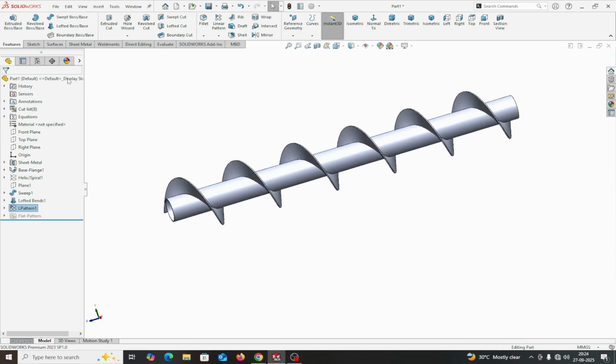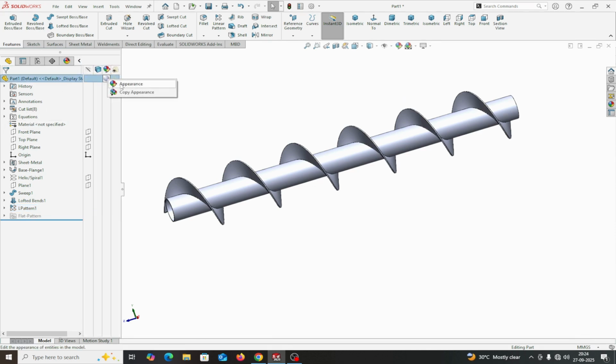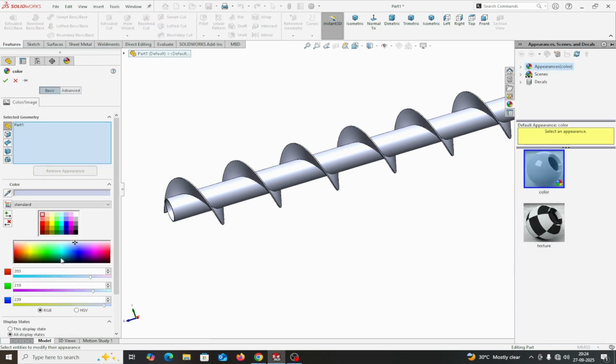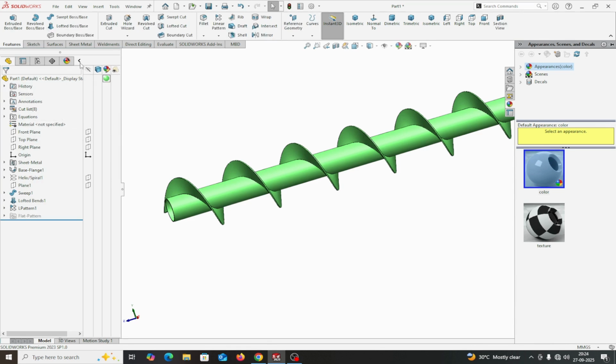Color, you can apply the material for this from here also. This one, from material here, sheet metal. I select the color here, appearance, this one, and this. In this way,